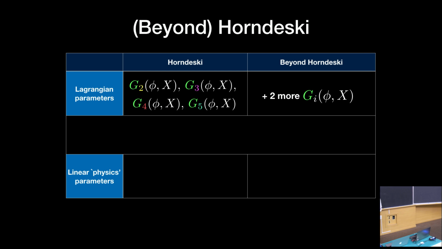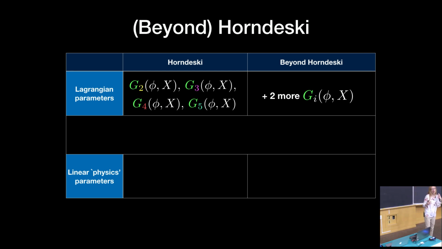Now, here is where life gets a little bit awkward. What we usually do is that we take this set of G functions and we map them onto another set of functions we call the alphas. Okay, why on earth are we doing that? So what I just wrote down is the kind of full theory action for Horndeski gravity. And what you want to do is calculate predictions from that. So you take that action and you start varying it and you start working out, let's say, the linearized field equations. And you take those field equations and you calculate observables.